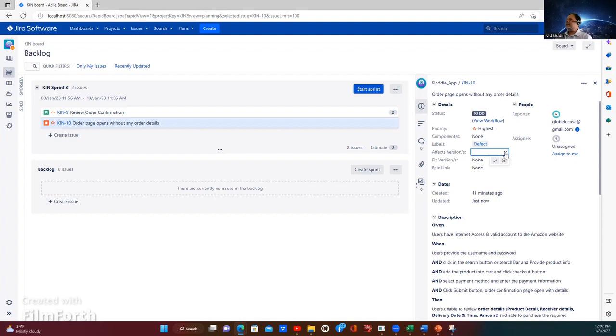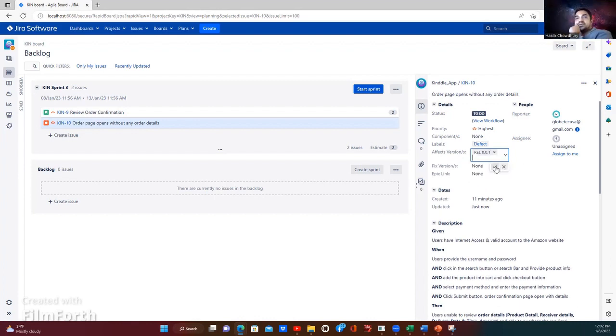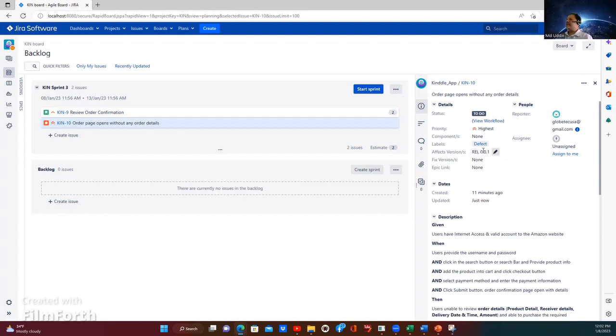Is it release one or release two? We already released one. You haven't created release 2 yet. So you'll select that one, and if there is any fixed version, it means like if there is any